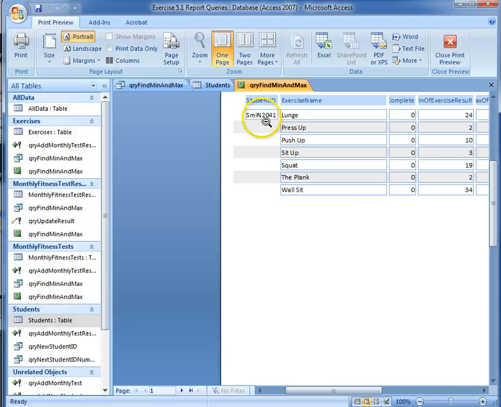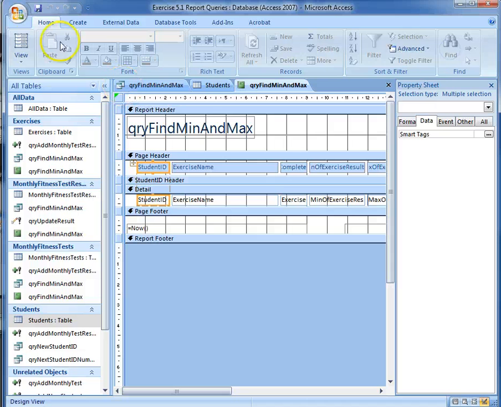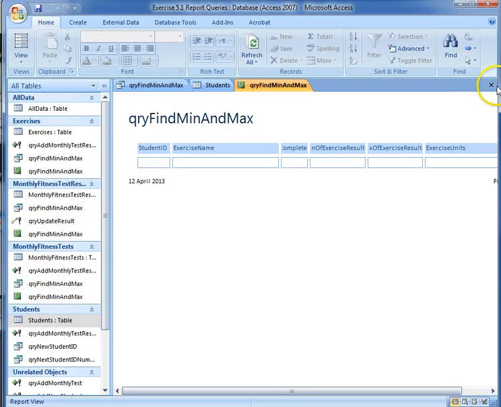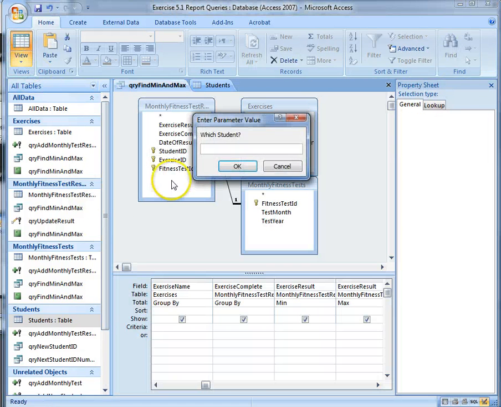Obviously, if you only wanted to show for all the students, you wouldn't actually need that. Then to search for them, you could do it for whatever. So if I went back and viewed it, and didn't put anyone in, it just does it all. If I wanted to find everyone,